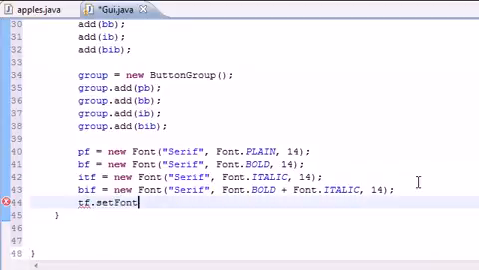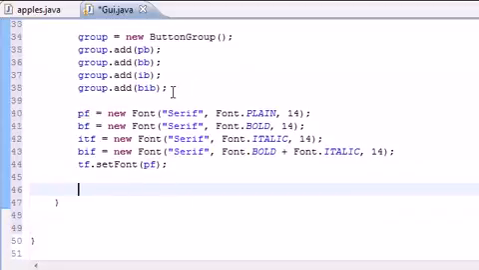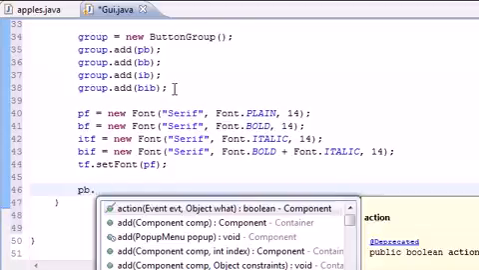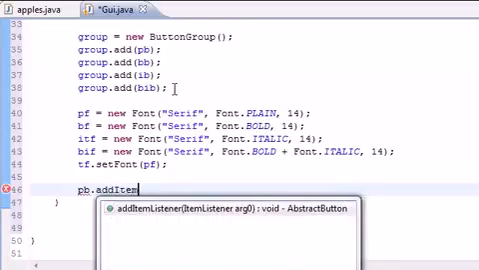We just need to set it equal to a font by default so when the program runs for the first time it knows what font to use. So I'm going to set it equal to plain font because I'm just a plain old guy. You can set it equal to a different font if you want, but I ain't gonna. So now what we need to do is create an add item listener for each button. So I'm going to take that plain button first and add item